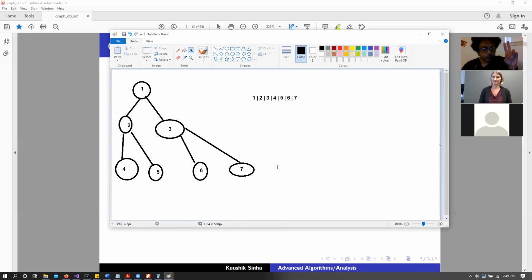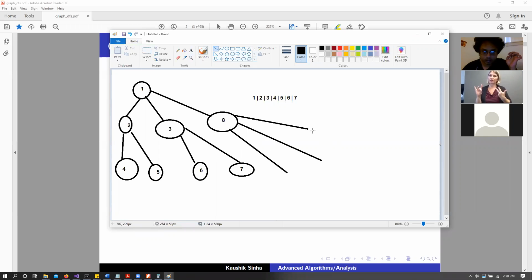Yes and no. Imagine a tree where we do not have the constraint that it is a binary tree. So let's say that we have this other node that is 8, that is a child of 1, and let's say that 8 has children. Let's say that 8 has 3 children, right? In that particular situation, we would not know how many children a node has. If we can have any number of children, then this particular array formation would not be the best way of representing this tree.